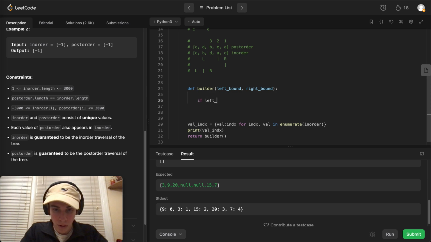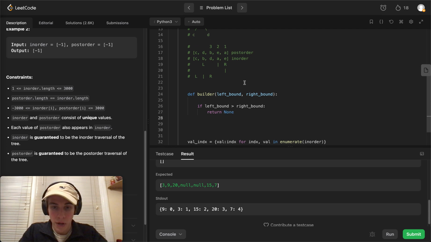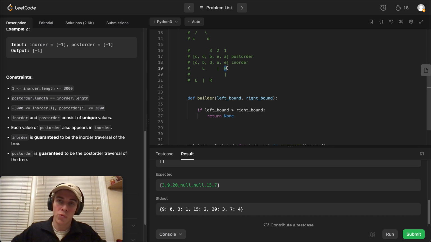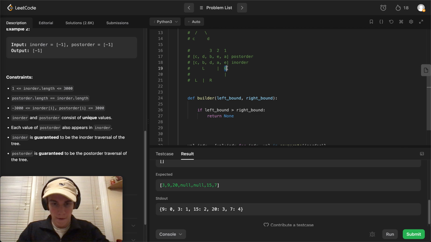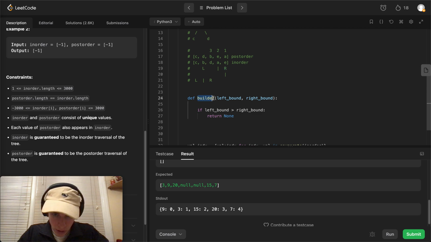If left bound is greater than right bound, return none. This is the condition where, well, not a weird situation, a leaf node is calling builder, we are in a situation where we're returning null. Finally, we start constructing our tree node,